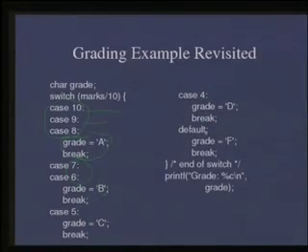And we don't have to have separate cases for 0 to 3. They can all be covered with the default case, because if the value of marks by 10 is not 4, 5, 6, 7, 8, 9 or 10, then it has to be 0, 1, 2 or 3, because as I said, we are assuming that we already checked that the value of marks is at least 0 and at most 100. So in the default case, which means that the value of marks by 10 is anything other than 4 to 10, which in this case will mean that it has to be between 0 and 3, the grade is